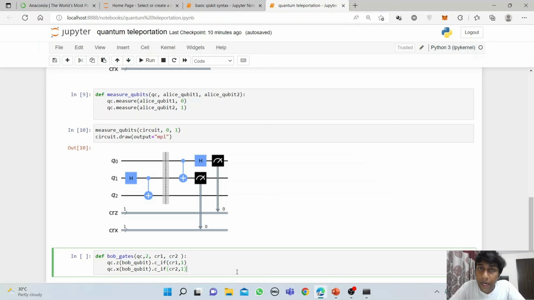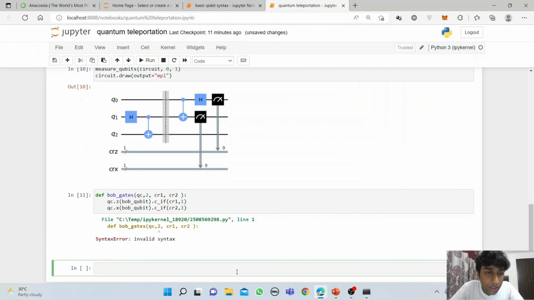And this c_if is basically a gate that allows you to control using classical registers rather than your normal qubits. So I hope that is clear. So again, as I stated before, 0 0 no operation, 0 1 X operation, 1 0 Z operation, and then 1 1 XZ operation. So now that we have defined Bob gates,